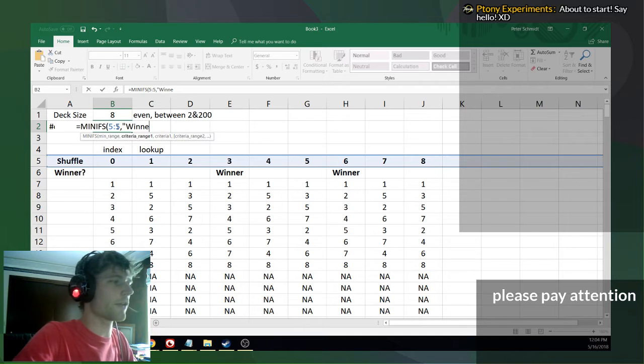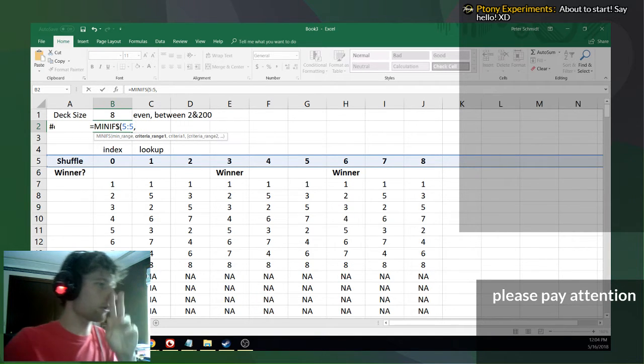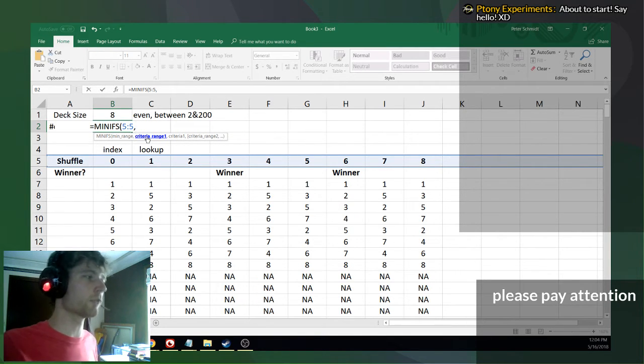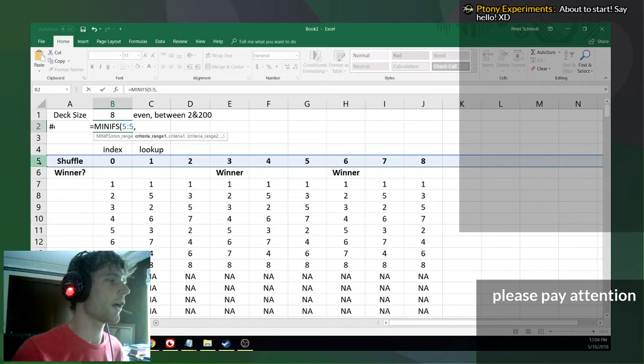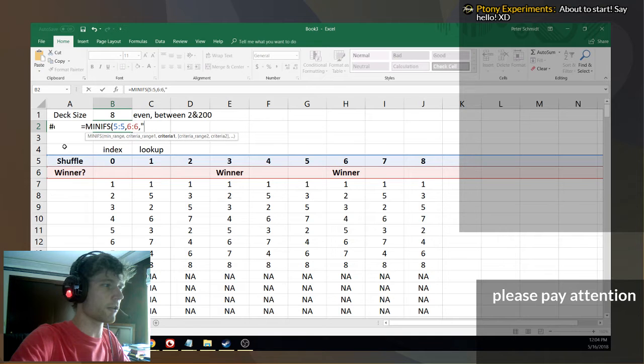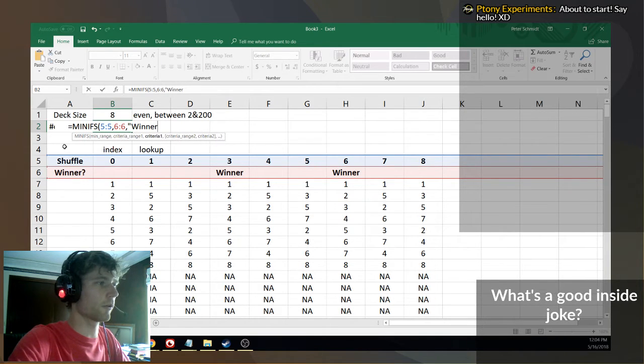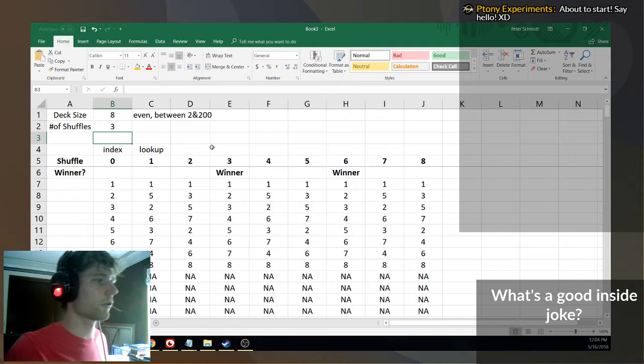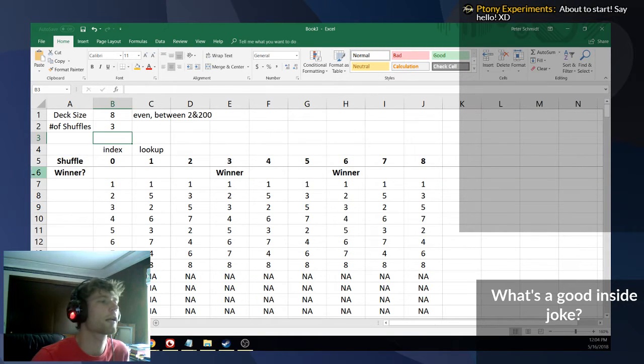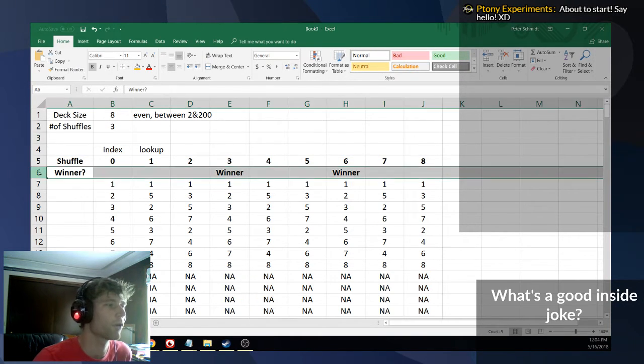Whoops, nope. That's actually, we need the range there. Excuse me. Okay, so this is criteria range. So we're telling it, all right, look here for this criteria. What is that criteria? It is winner. And then we press enter, and look at that. So it's going to come along here, this row right here. It's going to look for all of the places that say winner, and then it's going to find the smallest in here